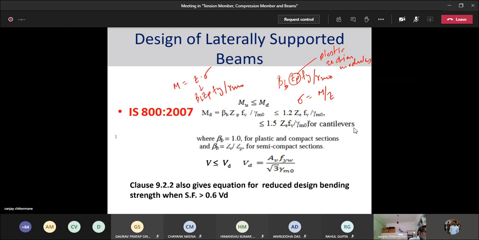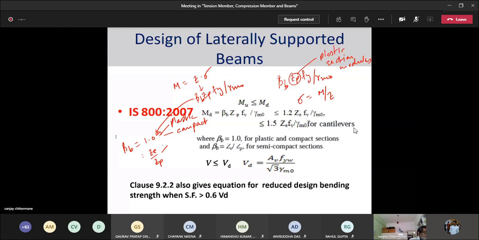And you're just adding a beta b in this, where beta b is very simple. Beta b is equal to 1 for plastic and compact sections, and beta b is equal to Ze by Zp